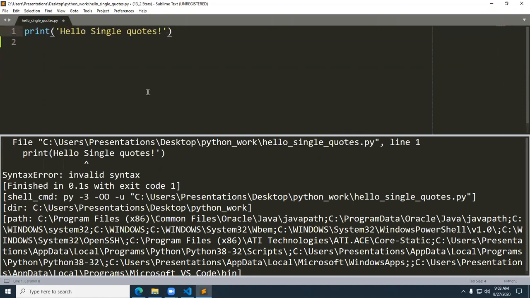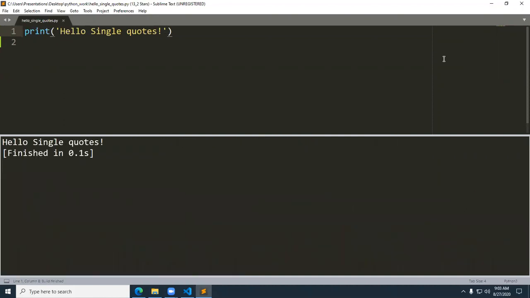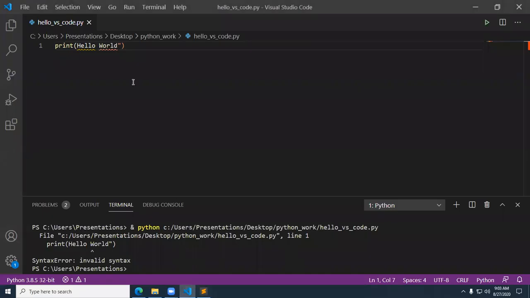And now it seems to be okay. I can go ahead and run this again, and it's okay. Coming back to Visual Studio Code, same thing here. They do need to match. Remember, a string literal